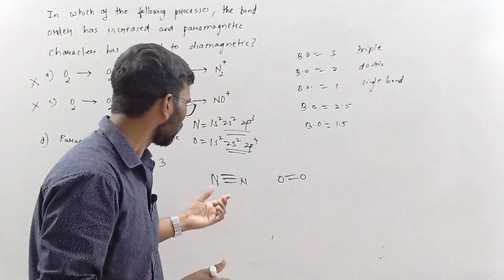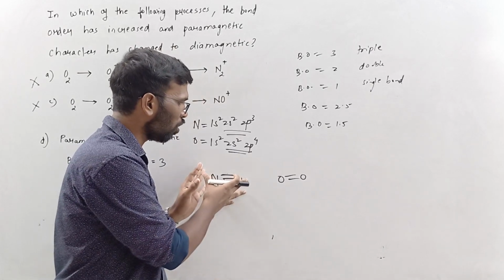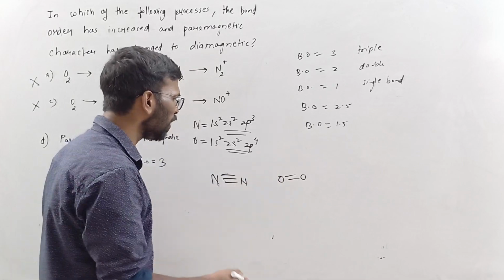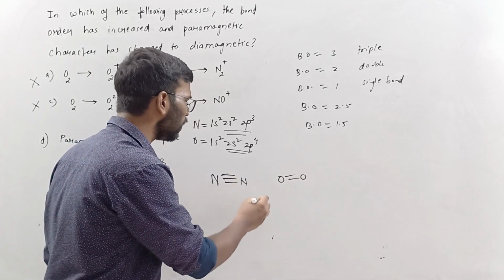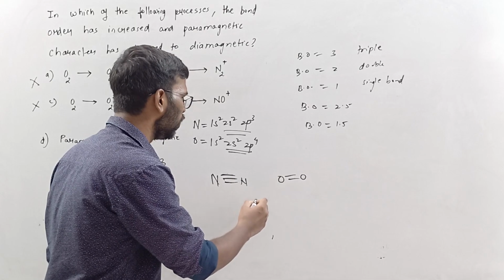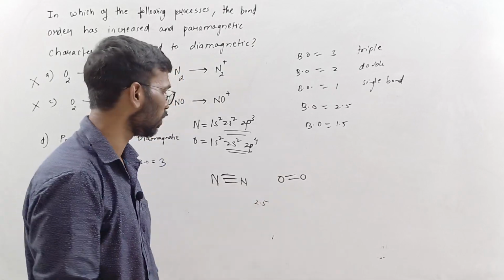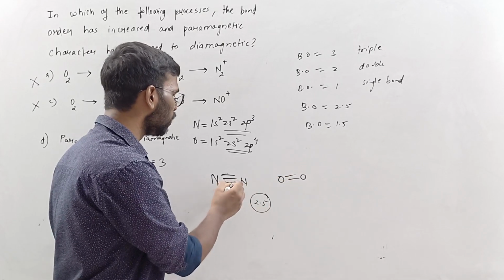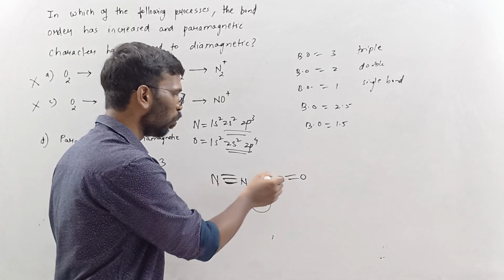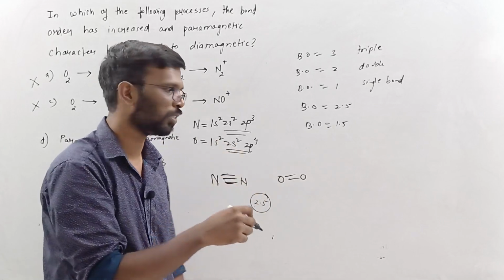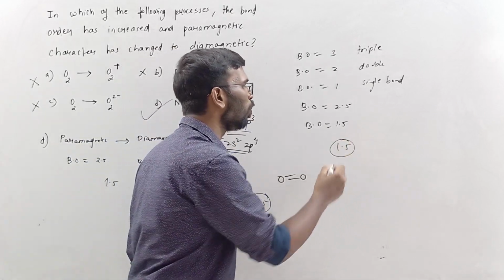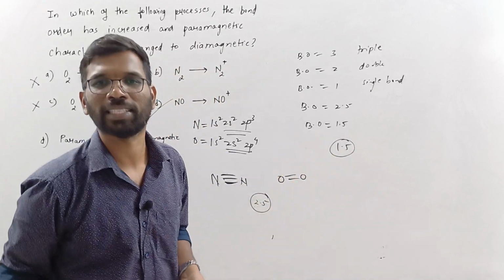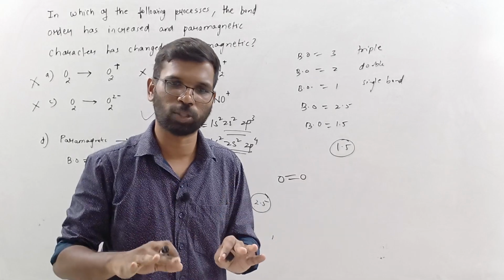So here, for nitrogen, it represents there is a strong force. Oxygen, double bond, means it is less force. If the force is 1.5 or 2.5, means what? A 2.5 force is a force less than this and more than this. That is what it represents. If the bond order is 1.5, then that force is more than a single bond and less than a double bond. Okay, only this much, just understand.